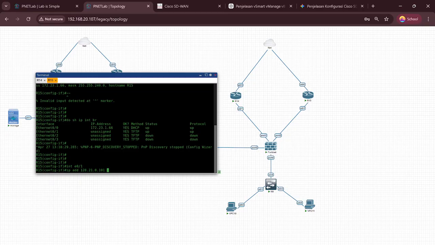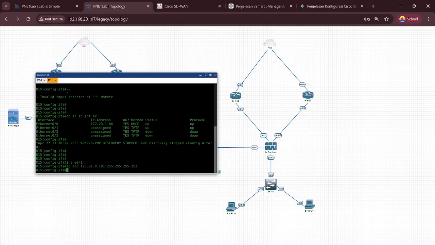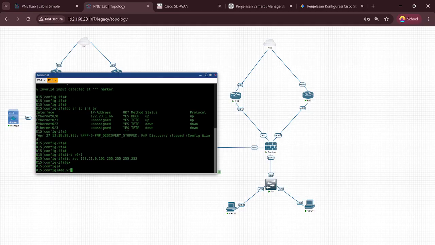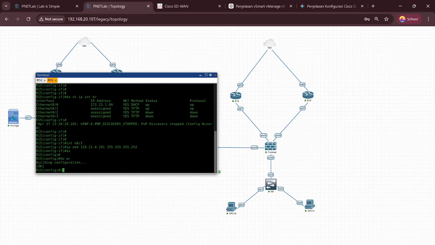Okay, this prefix is 30. Okay, you can click enter and exit.